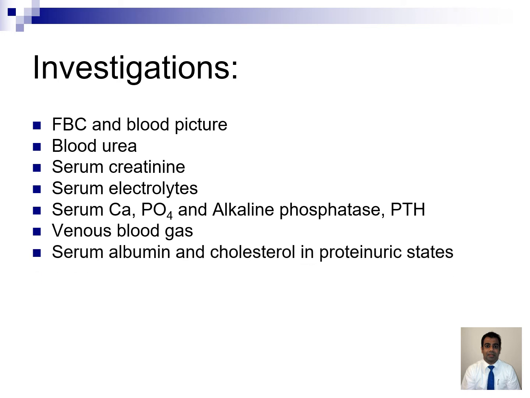If the patient has a proteinuric state, you need to do the albumin and cholesterol. You need to do the albumin, the serum cholesterol level, and the urine full report to look for proteinuria mainly, and you need to do a serum ferritin level every 3 months just to see the iron status,